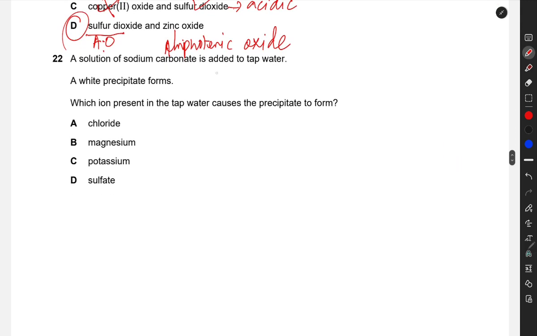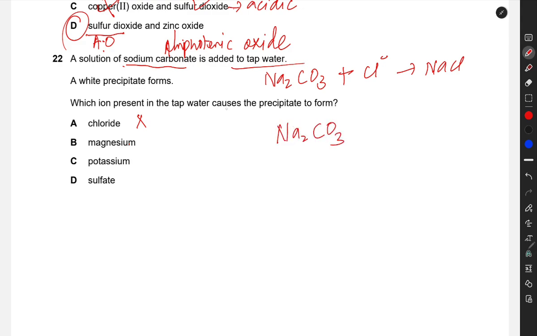Question number 22. A solution of sodium carbonate is added to tap water. A white precipitate forms. Na2CO3. Which ion present in the tap water causes the precipitate to form? So chloride cannot, because NaCl is formed. So it is incorrect. Magnesium,